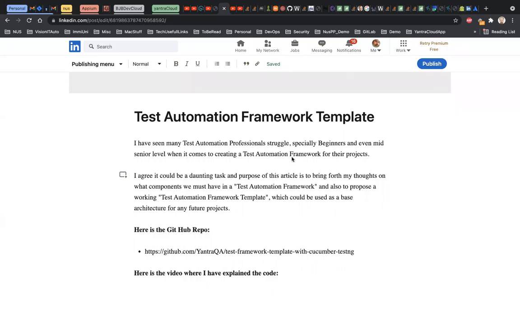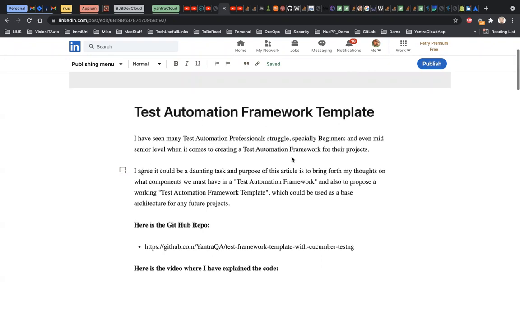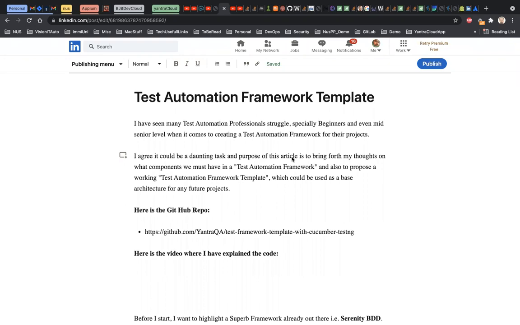Hello everyone, so I'm recording this video in support of this article which I recently wrote, as well as the source code which I recently wrote for a test automation framework. And the motivation behind this is to help the beginners as well as a few mid senior level test automation engineers